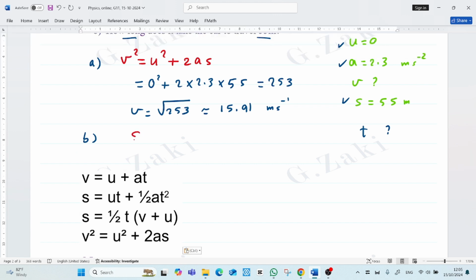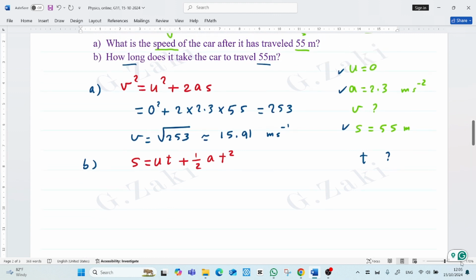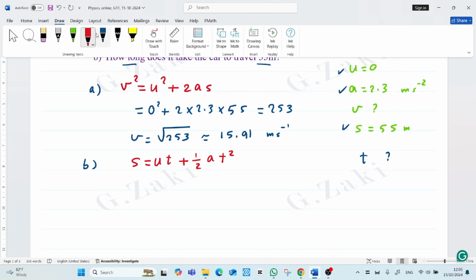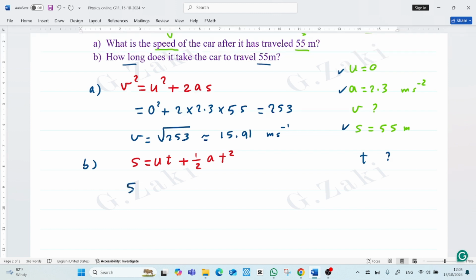S equals U T plus half A T squared. So this is the formula that we can use, the best one. Now we do substitution. S equals 55, U equals 0, multiply T plus half multiply A, 2.3, multiply T squared. Then 55 equals 0 times T is 0, half multiply 2.3, it's